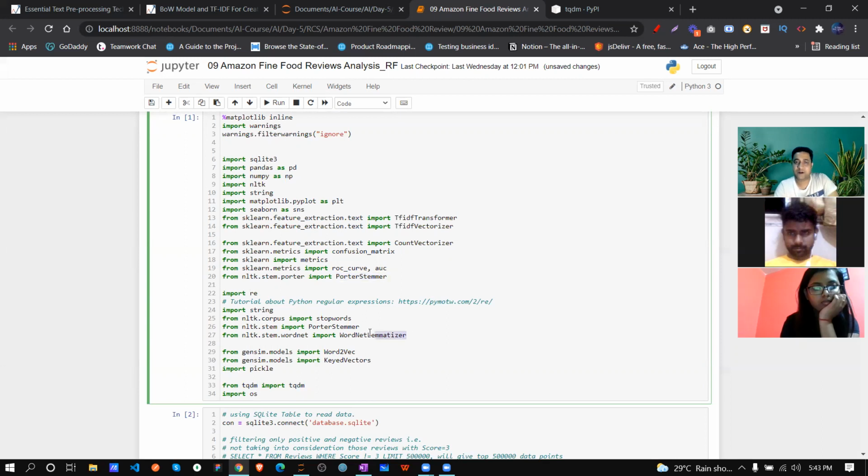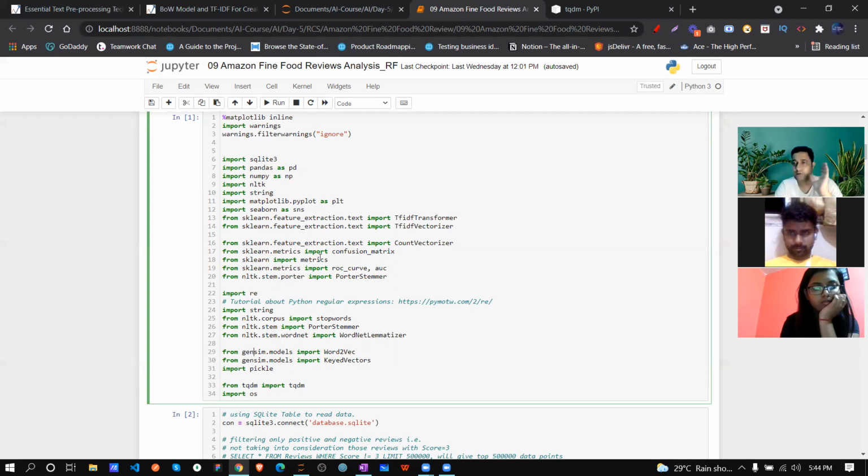Word2Vec is for similarity, and another library called Gensim we will use to find similar words. If I say "really good" and I say "tremendously good", some similarity is there, correct? We will check that similarity using Word2Vec.